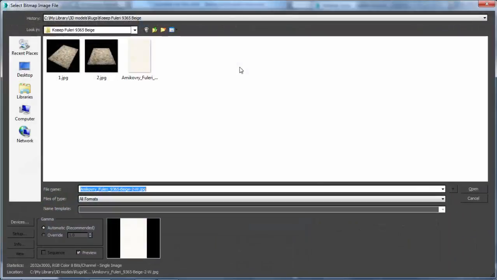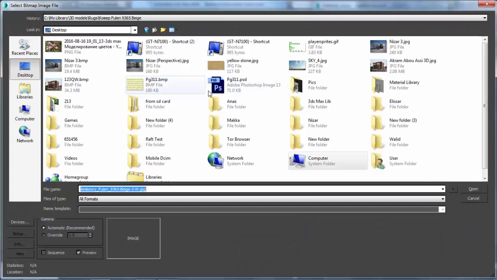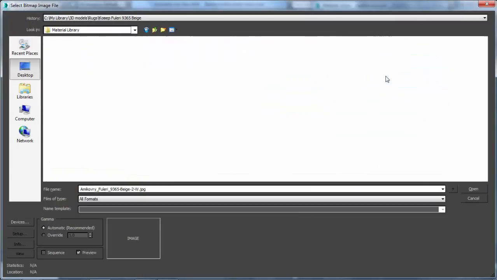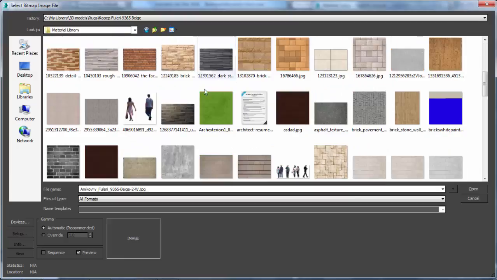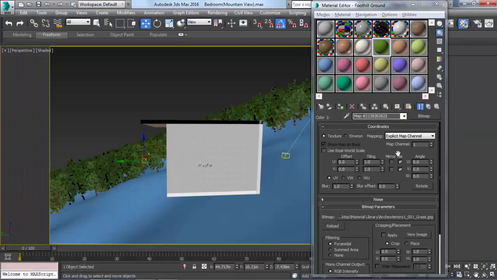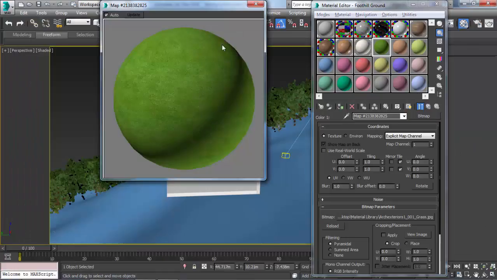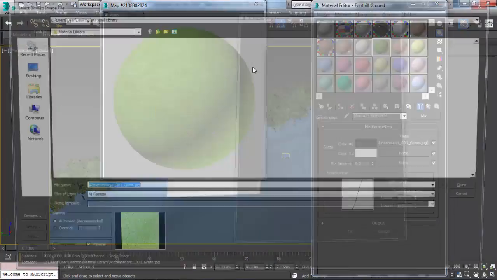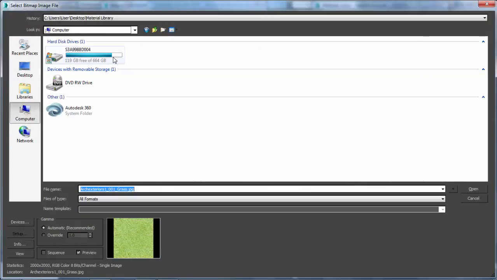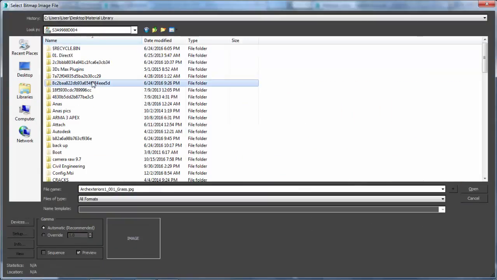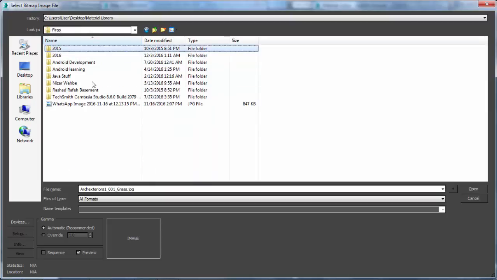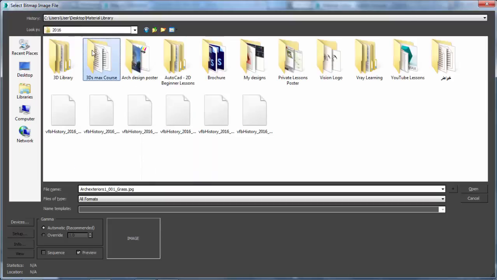We will have one material as a grass. Material library. I'll upload all of those. So we have this grass material. Then the second one, we want a material that